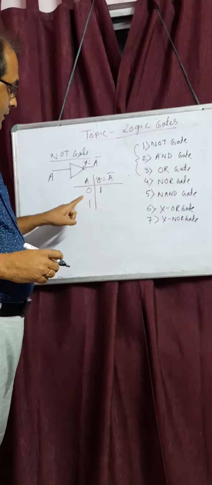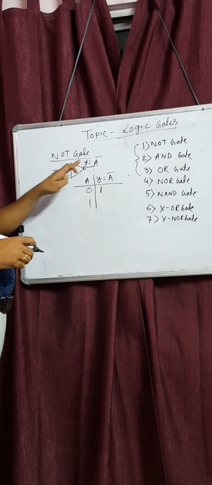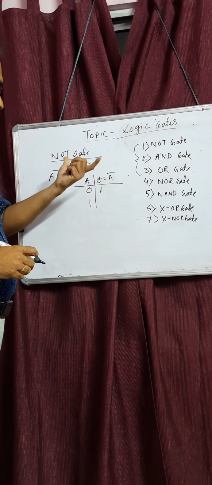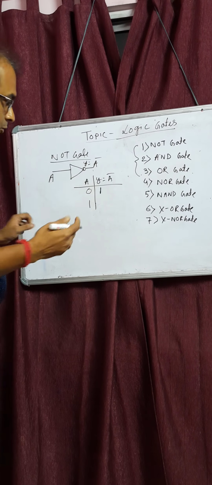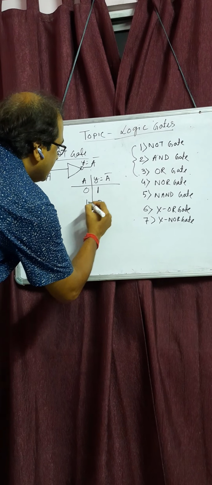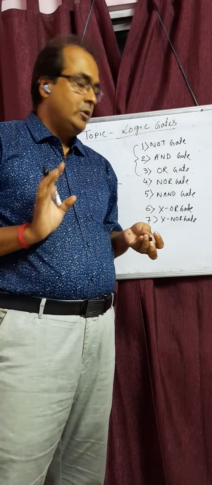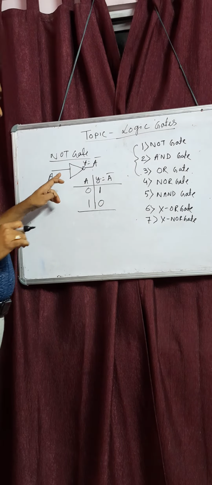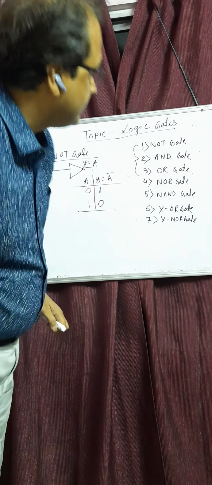When we apply input 1, at that time output will be complemented. That means when you apply 1 over here, output will be 0. So this is the truth table of your NOT gate. Okay, the symbol of NOT gate like this. Clear? Now second gate, that is our